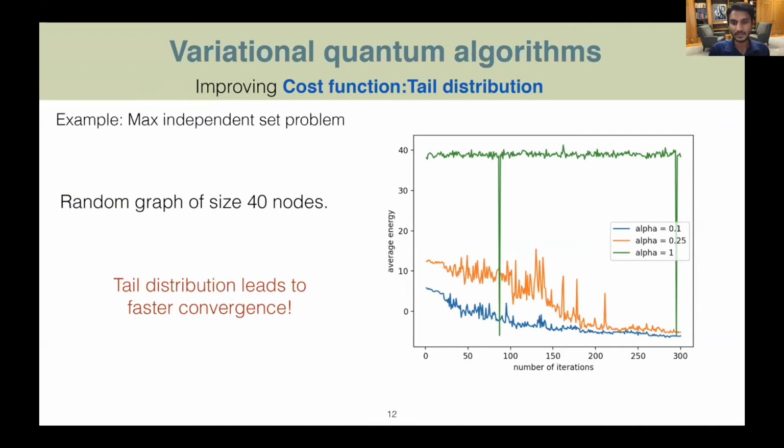Yeah, that's what I tried to explain in the previous slide. The argument is that for a diagonal Hamiltonian, the mean value computed from the whole distribution is not exactly the same as computing from only a partial distribution. So although the form of the cost function is the same, these two distributions are fundamentally different. And that's why they are able to explore the parameter space differently.